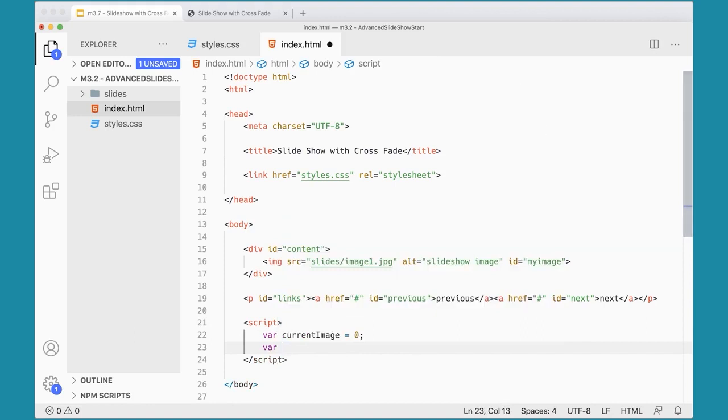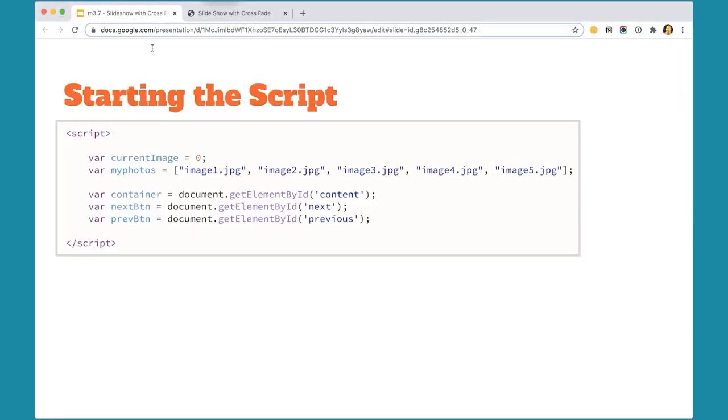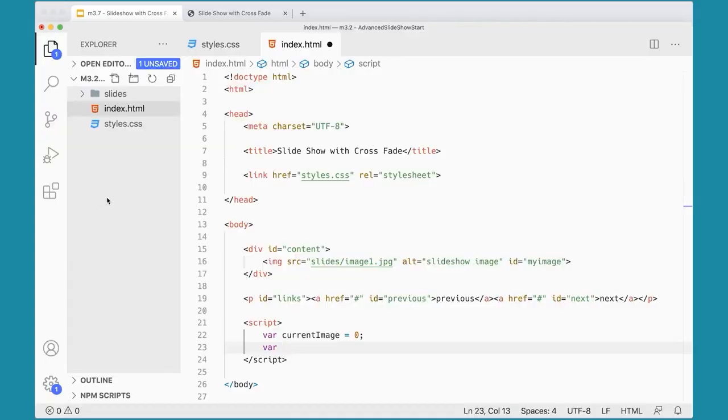And then I'm going to have var myPhotos. I want to make sure I match the same name that I have over here. I call it my photos. This time I used a lowercase p, so make sure you watch out for that. If you want to make it match my slides, myPhotos equals. It doesn't matter if it's a lowercase p or an uppercase p, but you want to make it match. And as before, we're going to have our array,